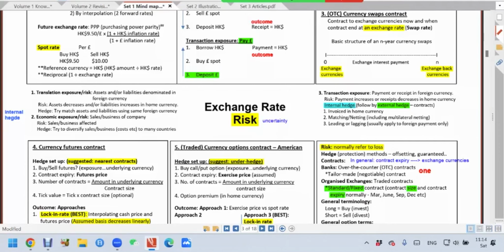So what is uncertain? What is uncertain is always later. Now we know. Now we are certain. Yesterday we were certain also. Today we are certain also. But what is uncertain is tomorrow. Tomorrow we don't know what happens to the exchange rate. Next year we don't know what happens. So uncertain is always talking about later. Later. So uncertainty, sometimes we say you have risk.